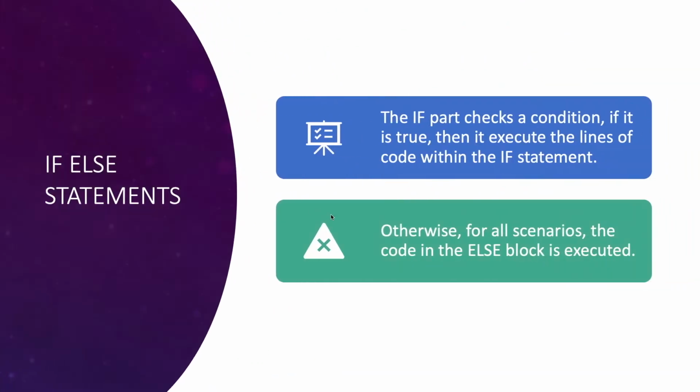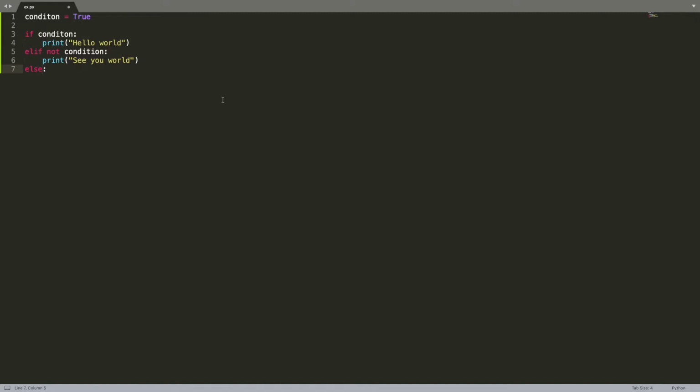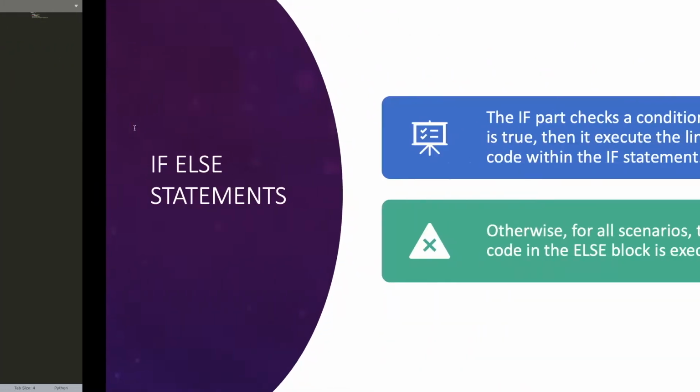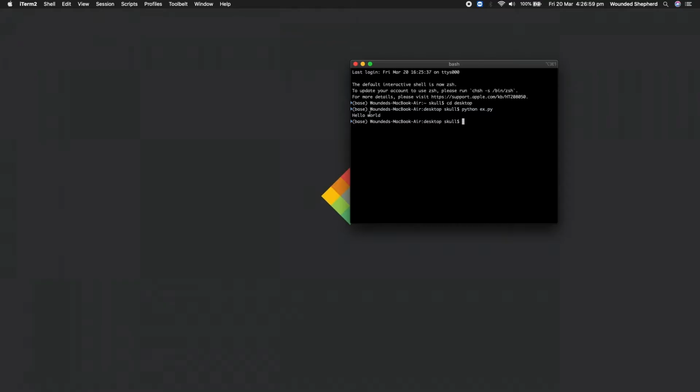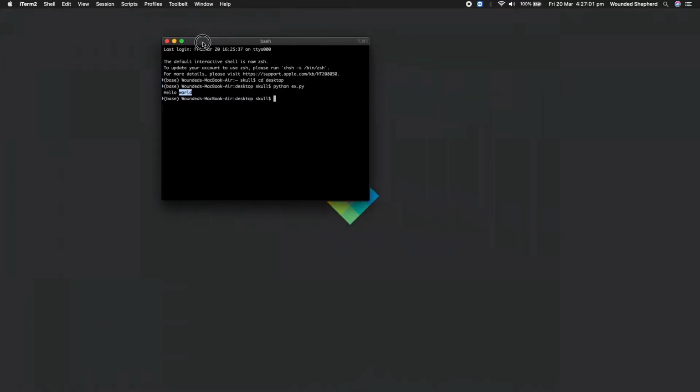Otherwise, for all scenarios, the code in the else block is executed. So that's what this is. If none of these are met, then for any state this condition can be in, it'll execute. So here it prints out hello world,